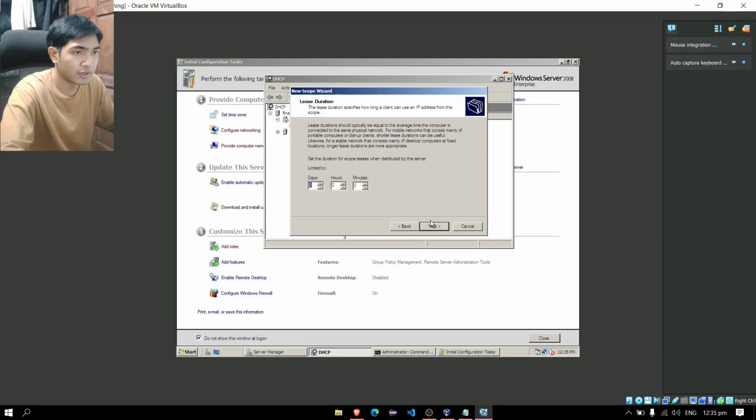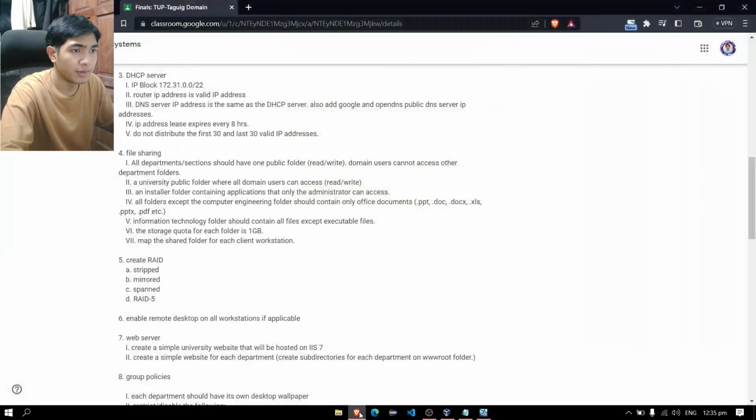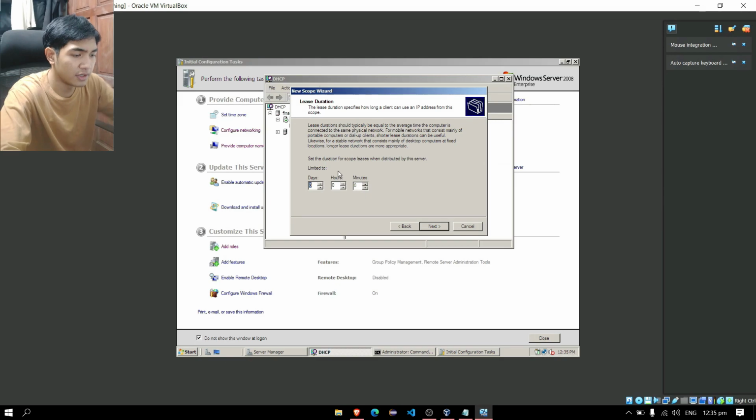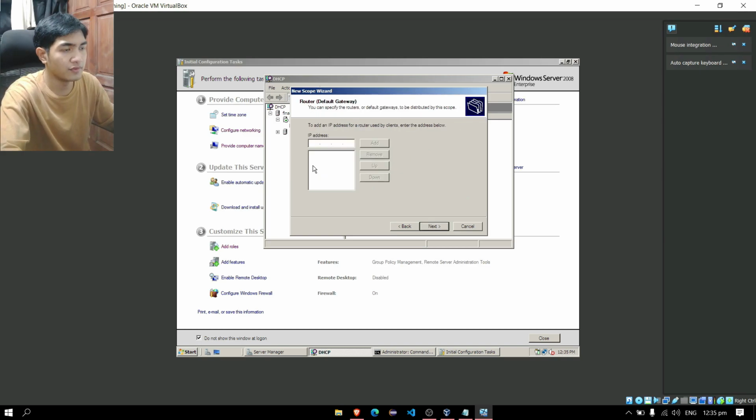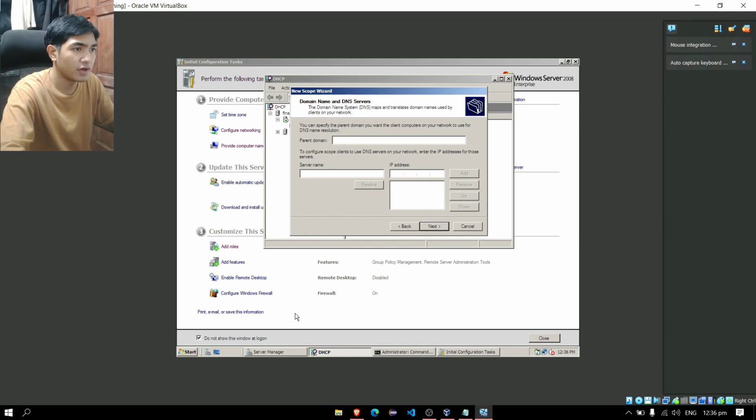We are required to have an IP address lease that expires every 8 hours. So we have to set our lease duration as 8 hours. Just click next. For our router default gateway, 172.31.0.1, add, next. For our domain name and DNS server, you have to go